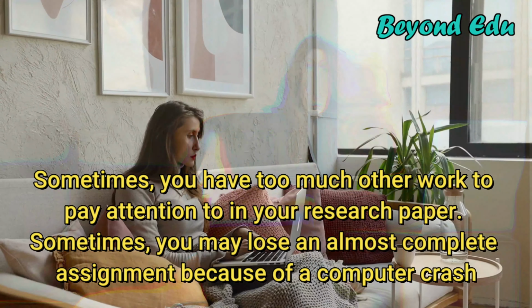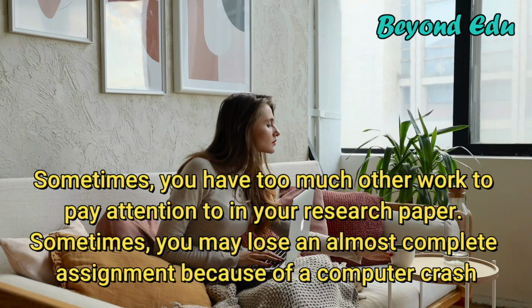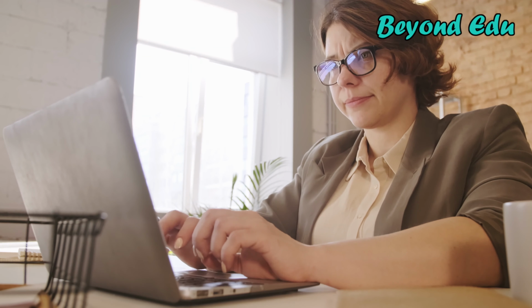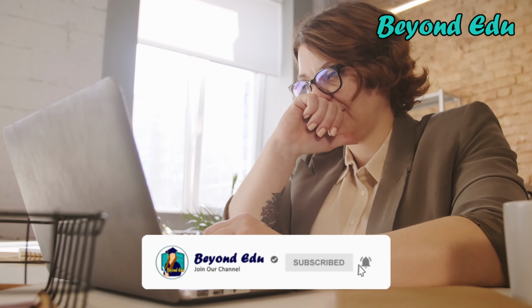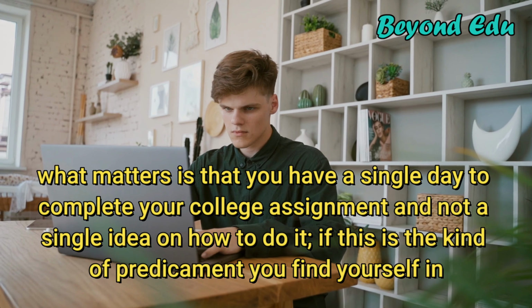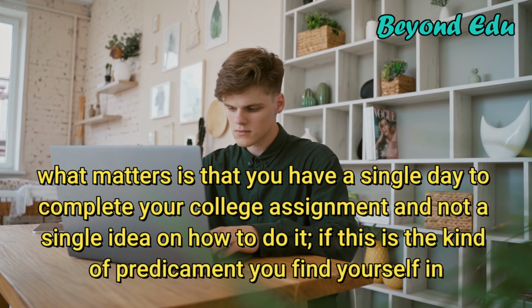Sometimes, you have too much other work to pay attention to your research paper. Sometimes, you may lose an almost complete assignment because of a computer crash. That's why you shouldn't forget to create a backup version to avoid such cases. Sometimes, you simply procrastinate until the very last minute. Reasons don't matter, what matters is that you have a single day to complete your college assignment and not a single idea on how to do it. If this is the kind of predicament you find yourself in,